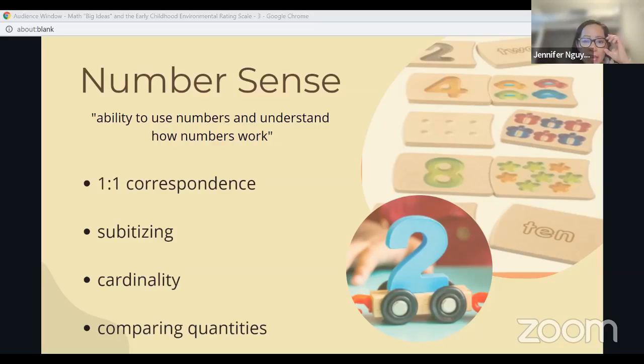If you look at the slide, you see the little train and it has a number 2. When we have that material in our classroom, it is fun, it's fine motor to put the 2 on and to pull. There's science involved. However, when we have a number 2, the child is just experiencing that shape. They're not really experiencing the deep understanding of the quantity of 2 and how that quantity of 2 relates to other numbers and quantities.